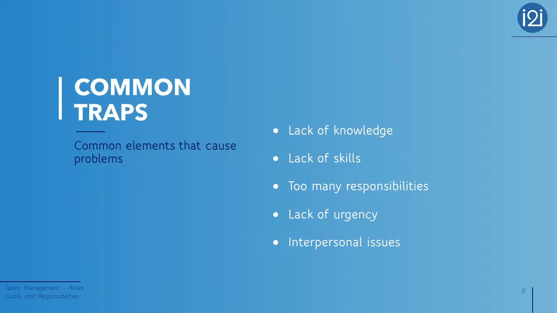Here are some common traps that occur with most teams. The first is lack of knowledge. While a person may be an internal expert on the subject, they might not know everything needed to get the task done successfully. So provide them with knowledge in terms of articles, searching on the internet, emailing various materials to team members, or provide books on the subject.